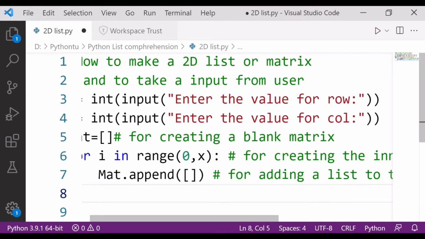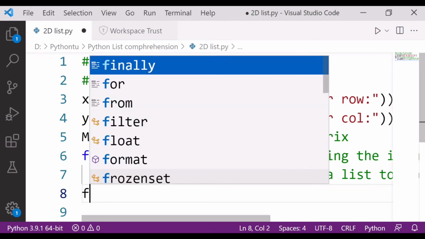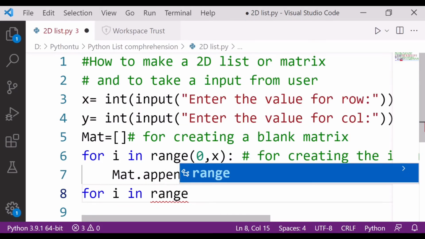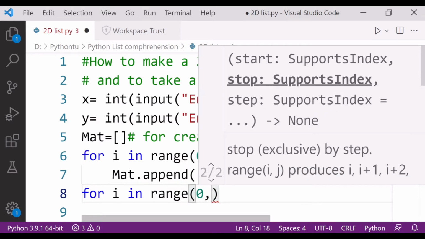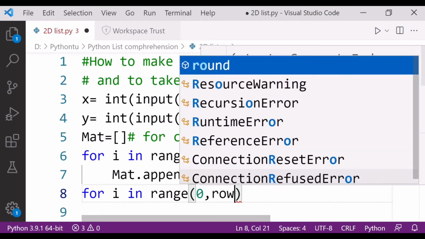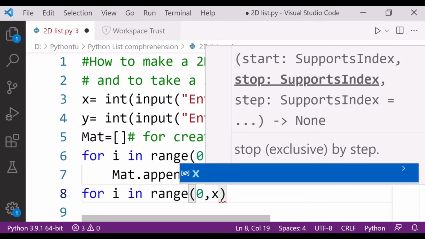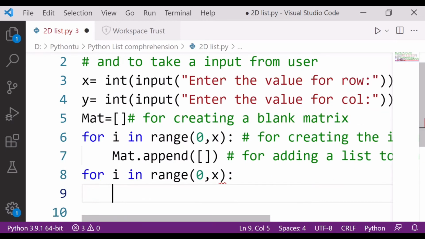After doing this, I'll use the for i in range. So what is my row? 0 comma, it has to initialize from 0 row, sorry, x, that is x. Now I told you i is for row.